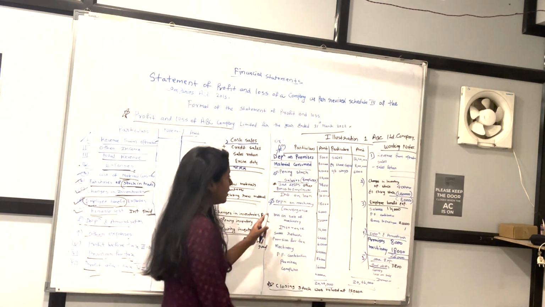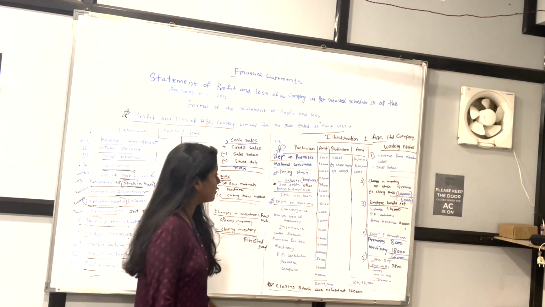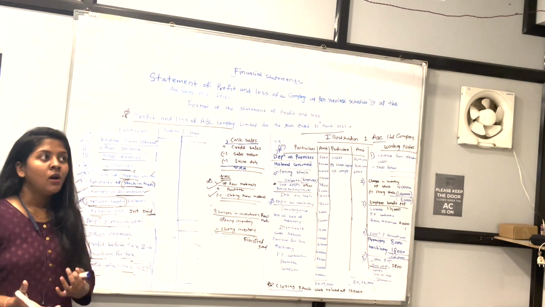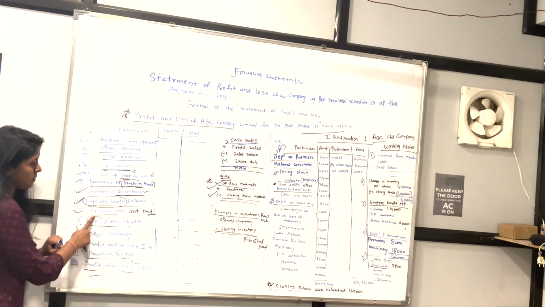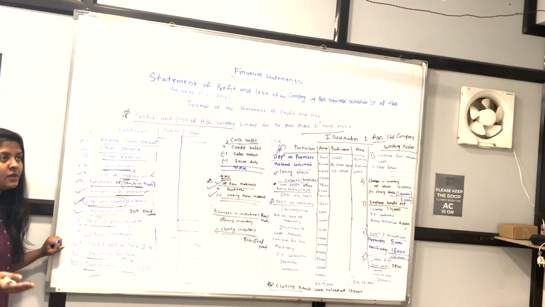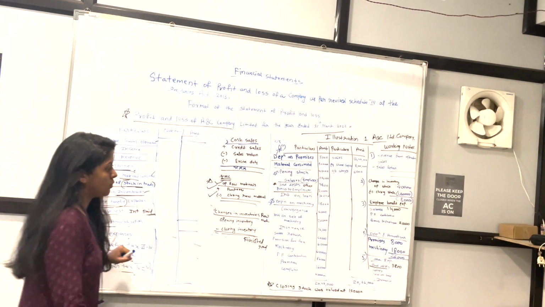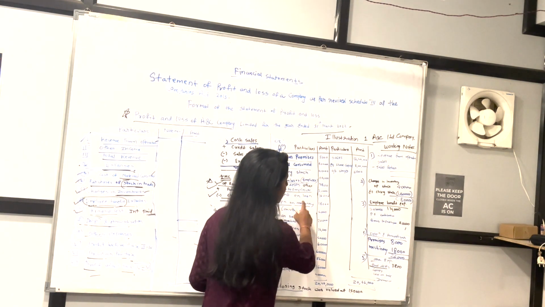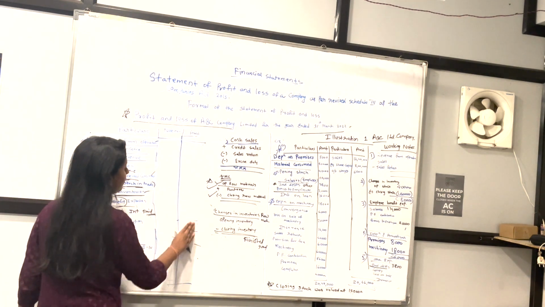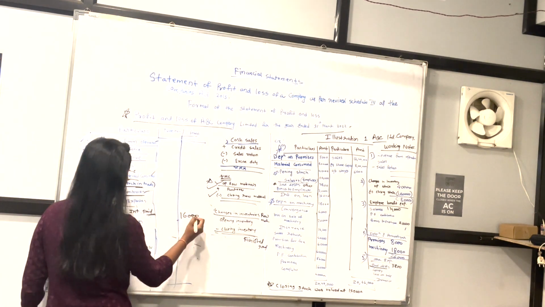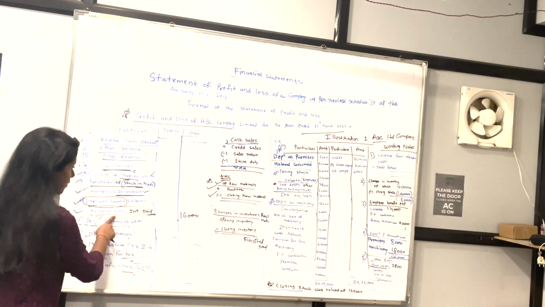And then interest on loan. The next item which is given is interest on loan, that is 16,000. Now they have paid interest on loan, so this will go in finance cost. As I told you, whatever interest is paid on investment or interest paid on debenture will go in finance cost. So you have to put this in finance cost, interest paid. How much is it? 16,000. As of now, I will write 16,000 here because we have not found any other item with respect to finance cost.